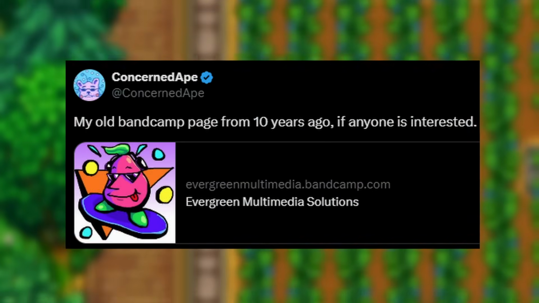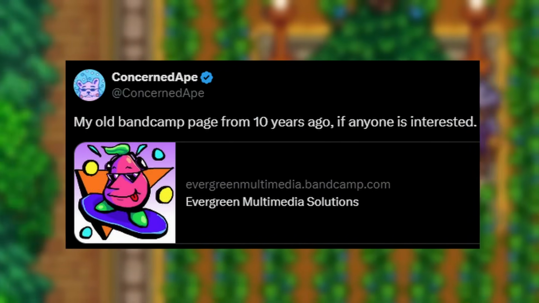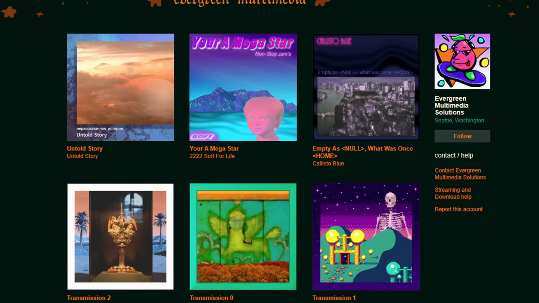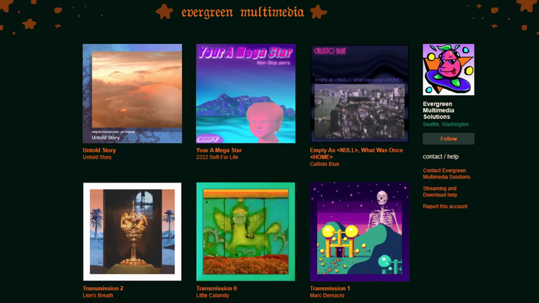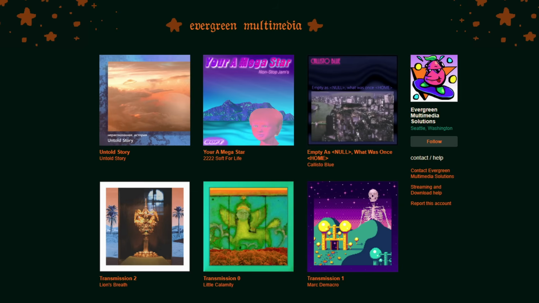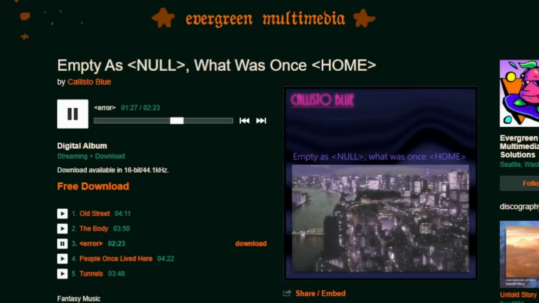But ConcernedApe has a ton of work that has been scrapped. For instance, back in September 2023, ConcernedApe revealed his secret Bandcamp page from 10 years prior. If we take a look at the link, we can see 6 EPs from ConcernedApe's production company, Evergreen Media, which also has a familiar face as the logo. These EPs are chock full of really interesting and experimental tracks, like Error from Empty as Null, What Was Once Home,